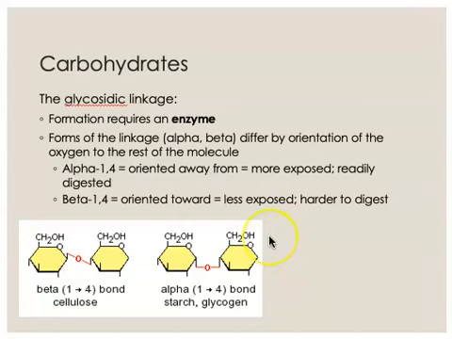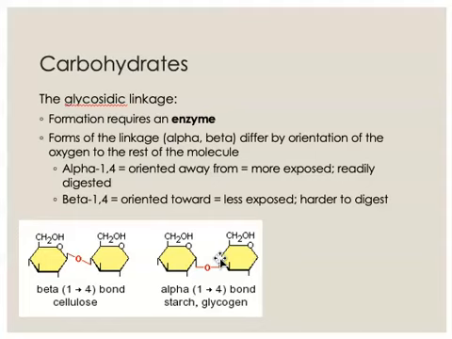If you look at the two pictures at the bottom of the slide, over on the right-hand side, we can see an alpha-1,4 glycosidic linkage. This molecule on the left represents glucose, and we have a second glucose on the right. This is the number 1 carbon. This is the number 4 carbon. Each one of those carbons used to have a hydroxyl group coming off of it. The two hydroxyl groups, in the presence of an enzyme, came together and formed the linkage, releasing a molecule of